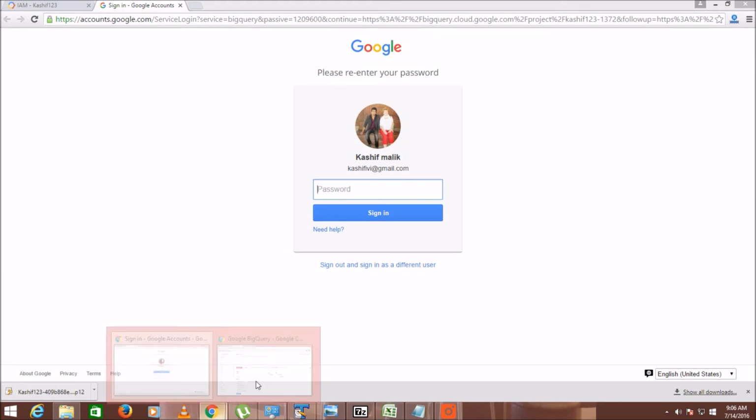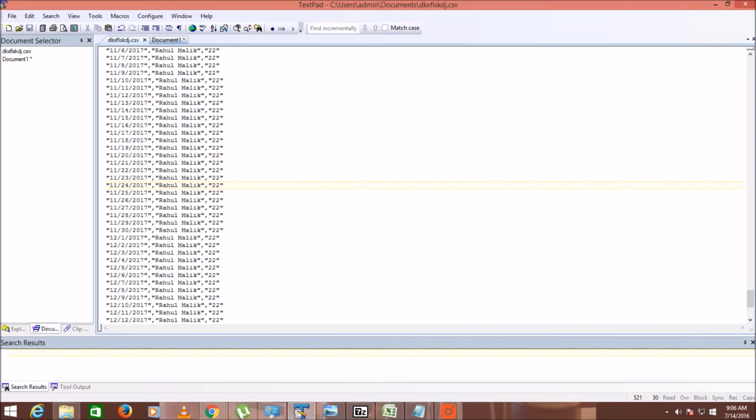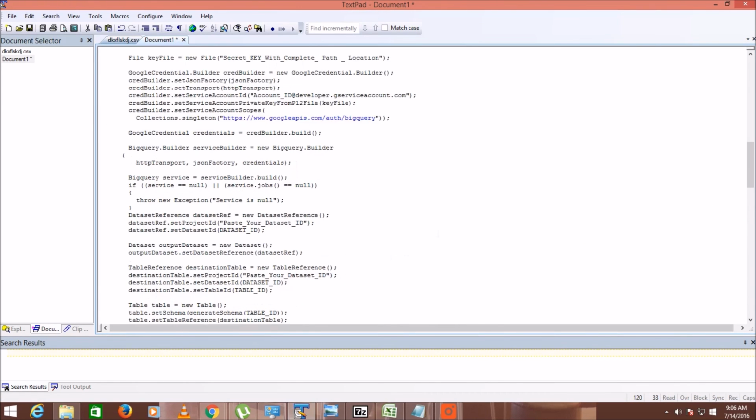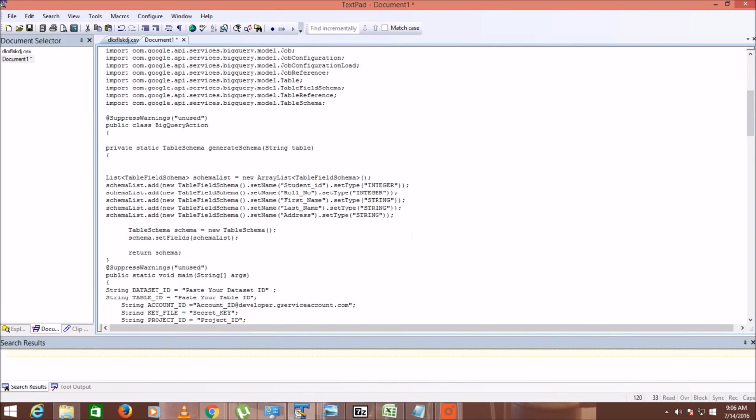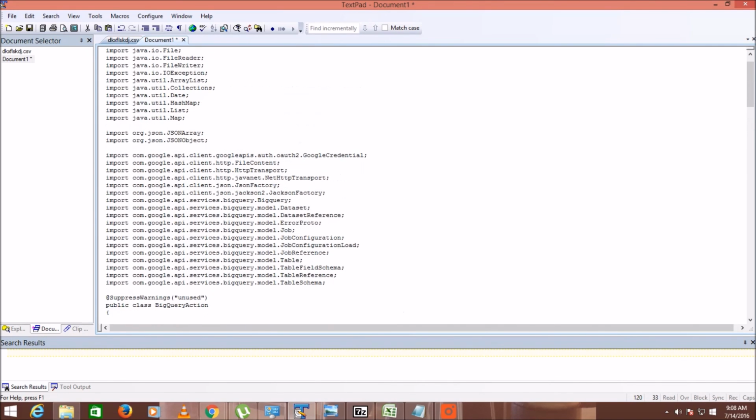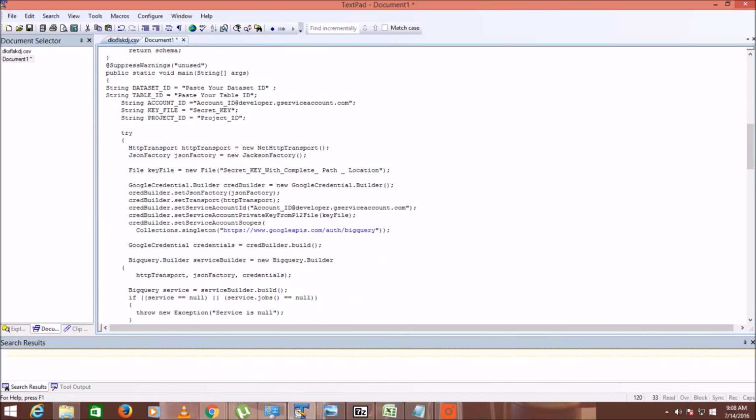So coming back to the code, and if you want my working code, then you can leave your email ID in the comment section below, and I will mail you this code and the steps by which you can configure this code in your Eclipse, and you can run it as a Java application, and your data will automatically upload.